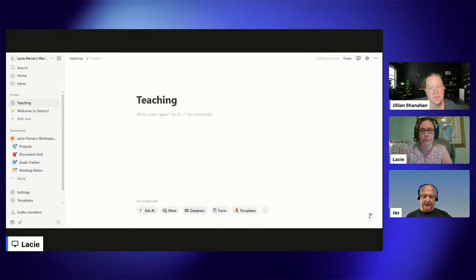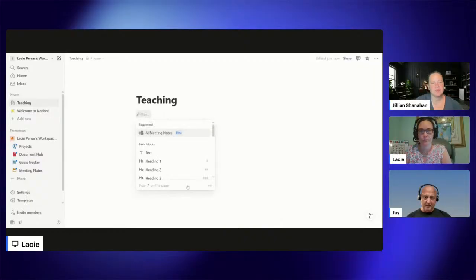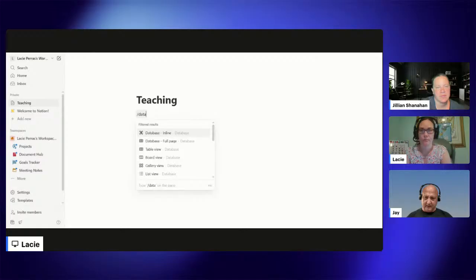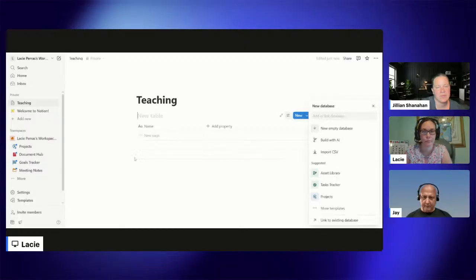Do a backslash, type data and see. Do an inline, just do an inline database. There you go. And we're going to name this Packages. Good. So each student is going to have their own package, and it's going to be their name,